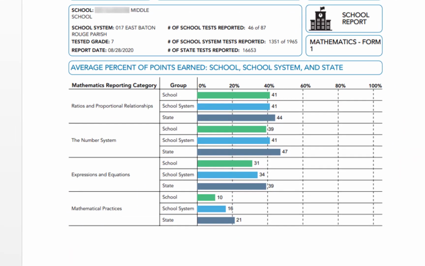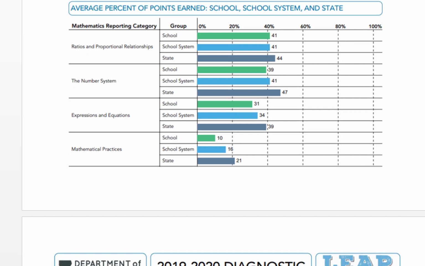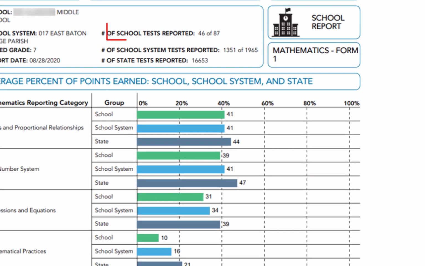All right. And then let's go to another report. So this one's going to be a math one. Same information. You have your reporting categories. It breaks it down into school, school system, state. Now, let's go back to the top here. So, you see there's a big discrepancy here. So there were 87 students in all of those test sessions for that school. This is grade 7. Only 46 students out of 87 took all sessions of the test and the teacher scored